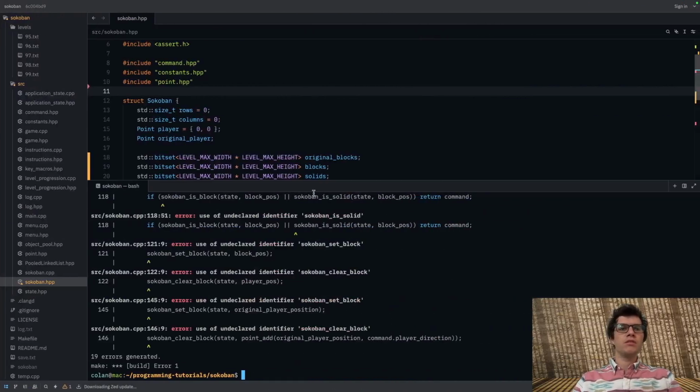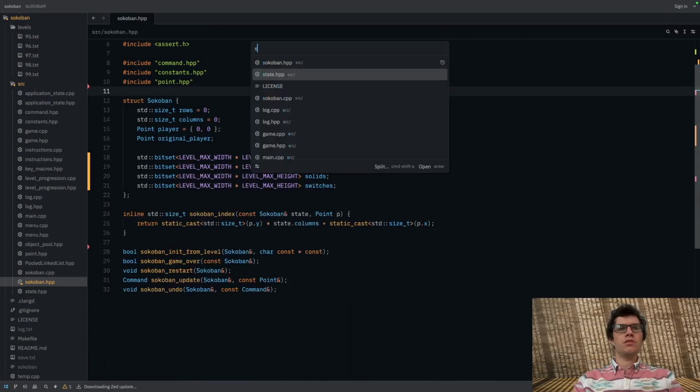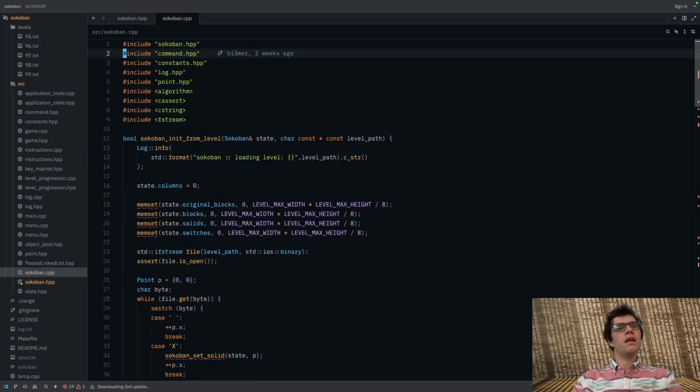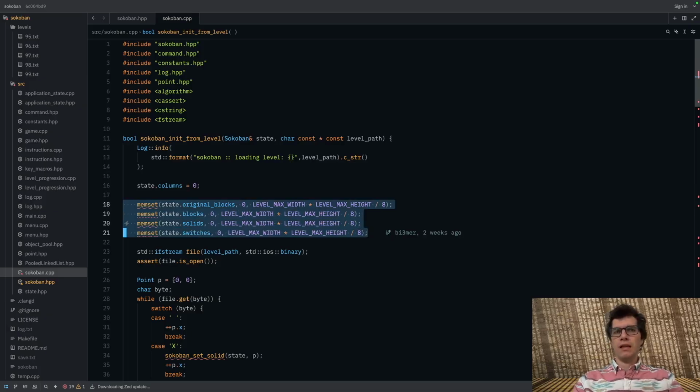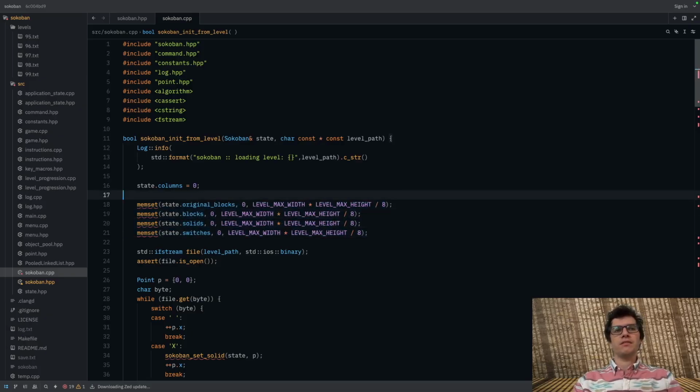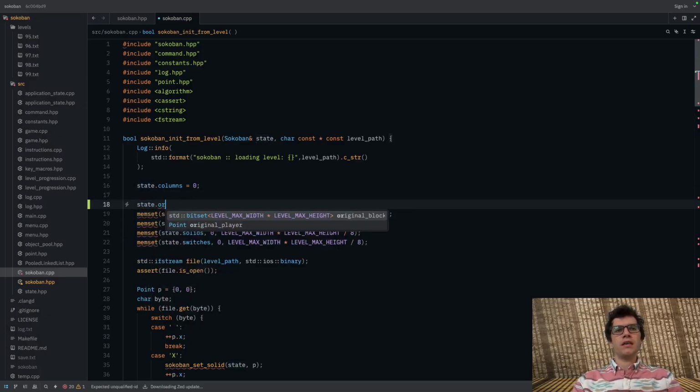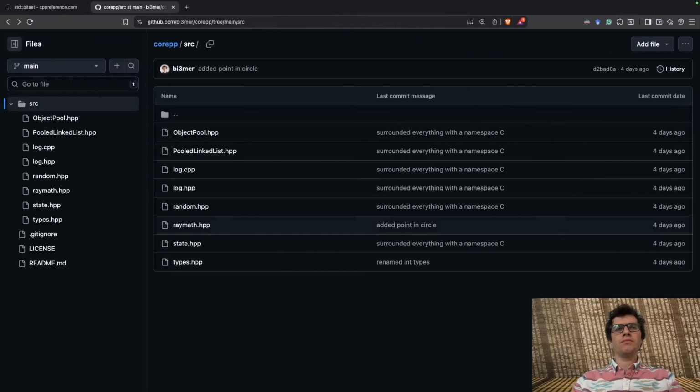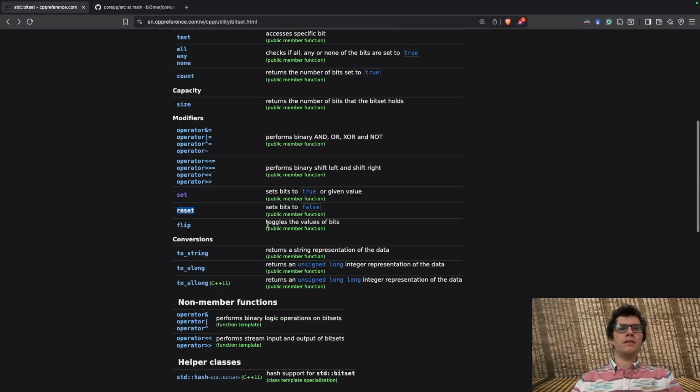Okay, so let's go into Sokoban.cpp. And you can see we're doing all of this. And we're doing this to allocate memory and then set it to 0. Well, we already allocated, sorry. We're doing it to basically set everything to 0. So in this case, it's state.original blocks dot reset. This, as you recall, reset,